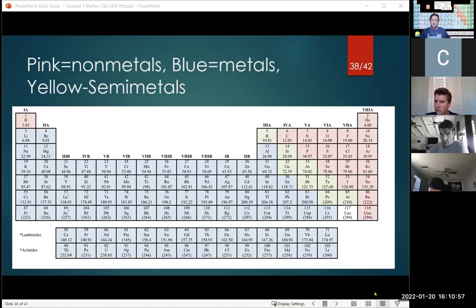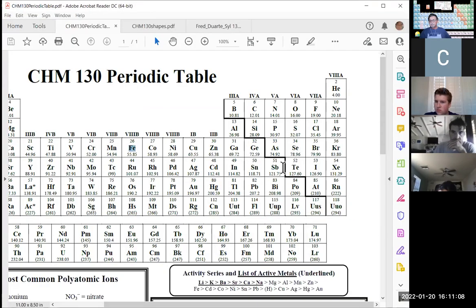If you look at the periodic table that we give you, there is a little stair step that helps you out to determine that. See that stair step on the periodic table? To the left of the periodic table are the metals. To the right of that stair step are the non-metals. So that stair step helps you determine who's a metal and a non-metal.